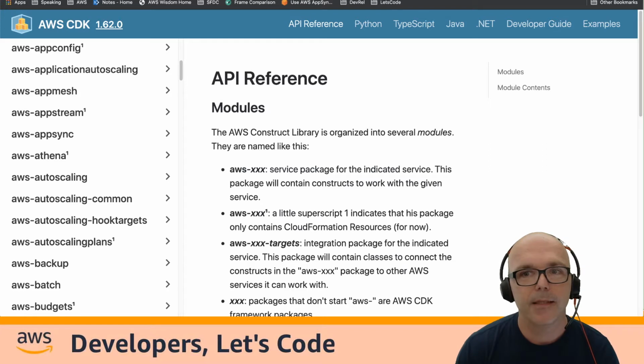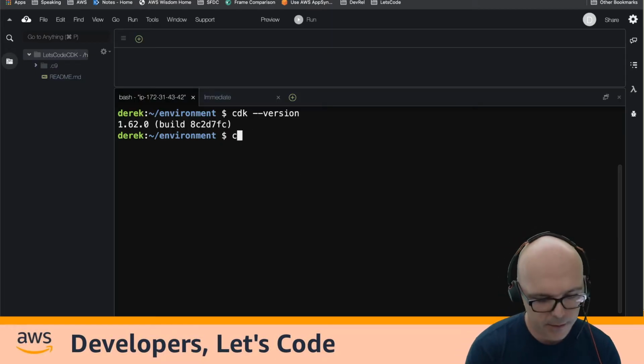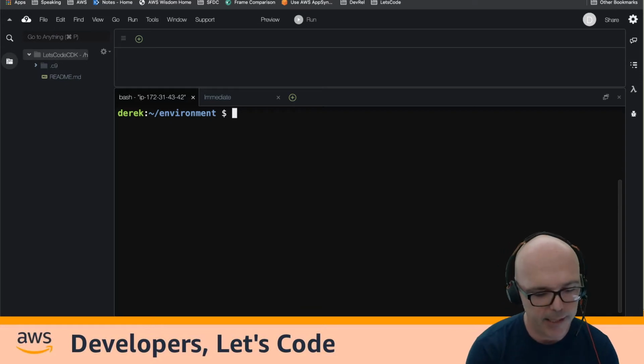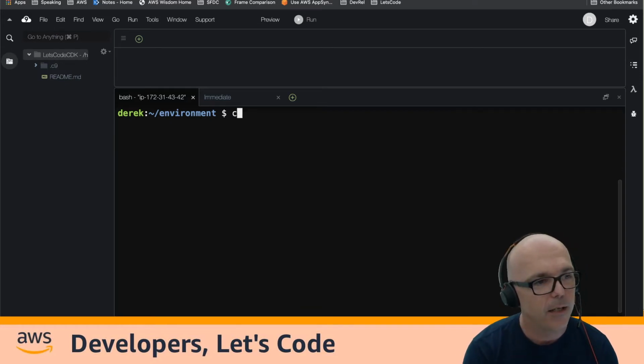Okay, that's a bit of background, and I'll just have a look and start coding. So I'll just clear this out. The first thing I need to do is create an area to build my app in. So I'll just make a little directory. I'll call it,